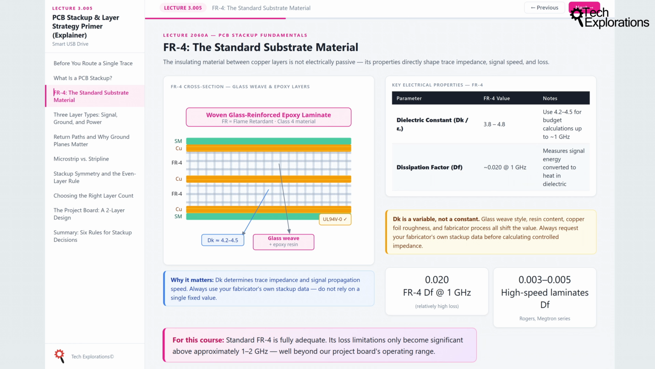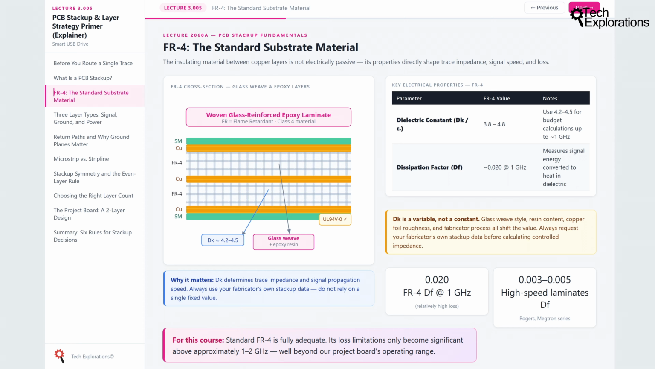The key electrical parameter is the dielectric constant, written as dk or epsilon r. That's the Greek epsilon letter followed by lowercase r. For FR4, dk ranges from 3.8 to 4.0 depending on the glass weave style, resin content, and copper foil roughness. A working assumption of 4.2 to 4.5 is reasonable for budget calculations at frequencies up to about 1 GHz. However, treat dk as a variable, not a fixed constant. Different fabricators, different glass styles, different board grades may all shift the value, and always use your fabricator's own stackup